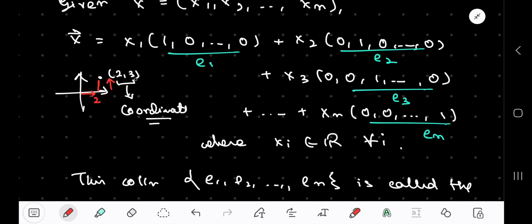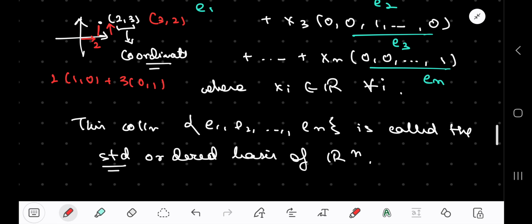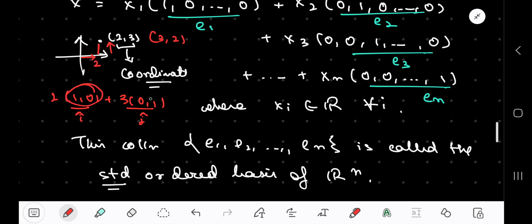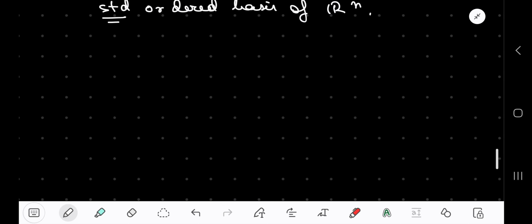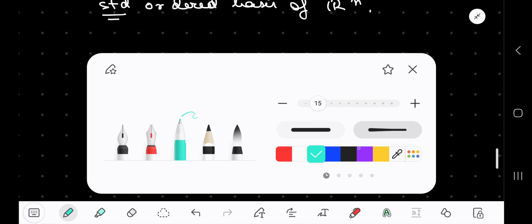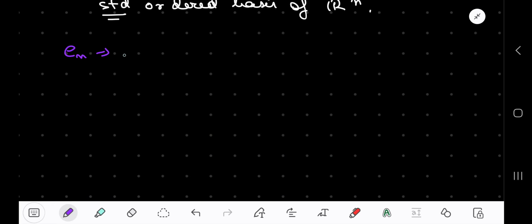So it carries a specific meaning with respect to its order. I cannot write it as (3, 2), it will completely change its location on the R2 plane. In simple words, this (2, 3) actually refers to 2 times (1, 0) plus 3 times (0, 1), where, if you have studied vectors in your plus 2 level, you know that this is nothing but the vector i cap and this is nothing but the vector j cap. So this is just the unit vector along the x axis and this is the unit vector along the y axis. Since we are talking about an n dimensional space, let me give a hint: En refers to the unit vector